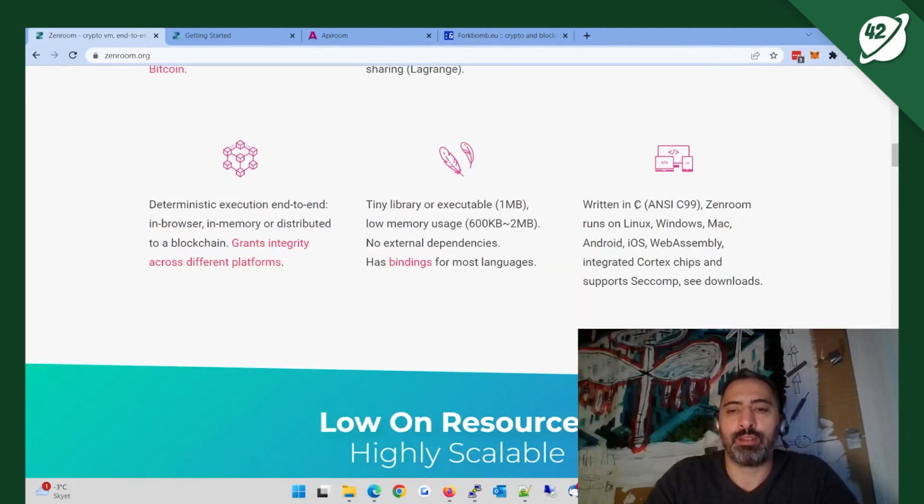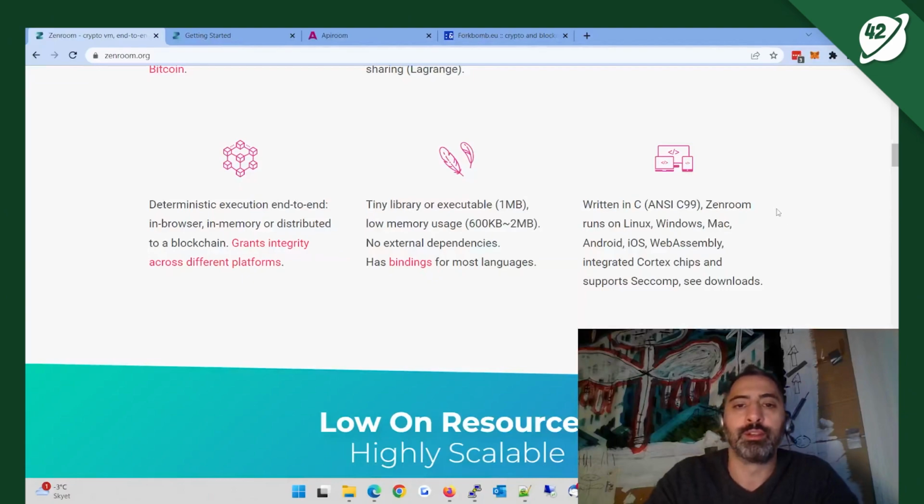So Zenroom is written entirely in C, meaning that we have binaries, command line for all servers on all the architectures. We have libraries for Android, iOS, and we also have a transcompiled version of Zenroom running as a WASM module inside an npm package, meaning that Zenroom can also run in the browser or in a node application. Zenroom can also run in very, very small IoT chips like Cortex-M, and we have bindings for most languages that